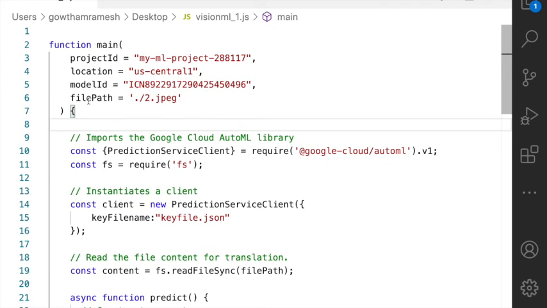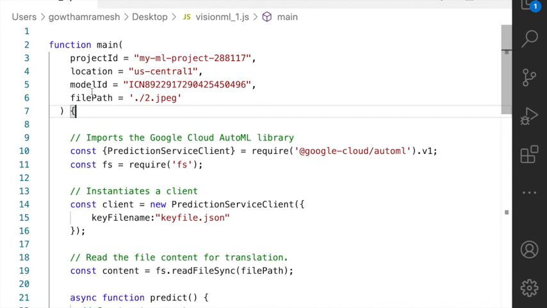The fourth parameter is the location of the file. Currently I have this program on my desktop, and on the same desktop I have a JPEG file, 2.jpeg, so I have used ./2.jpeg.